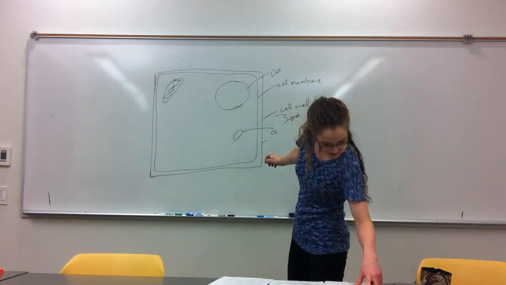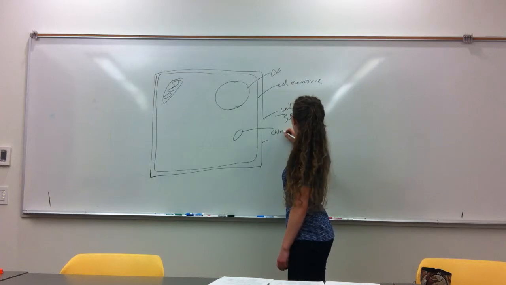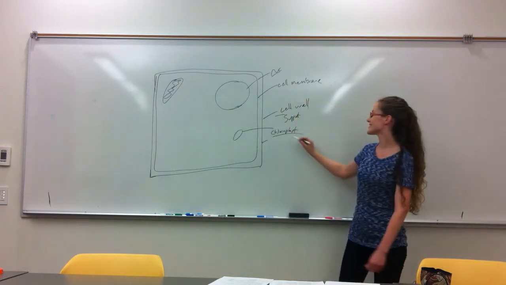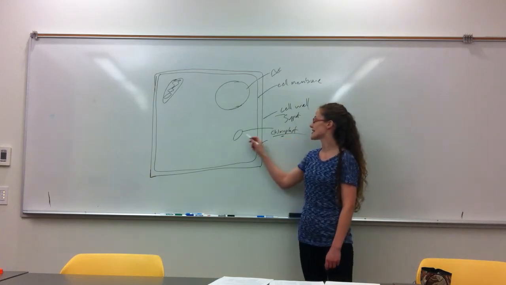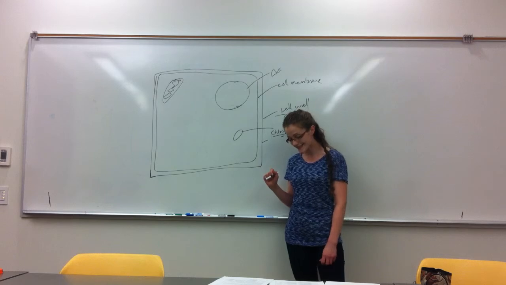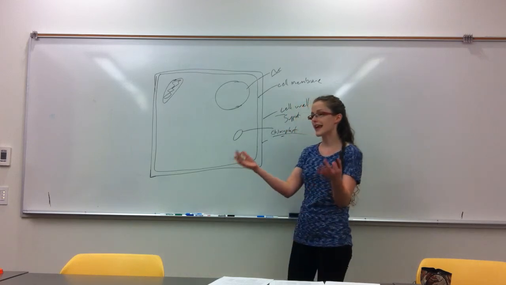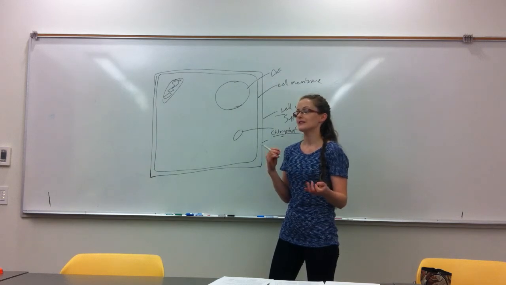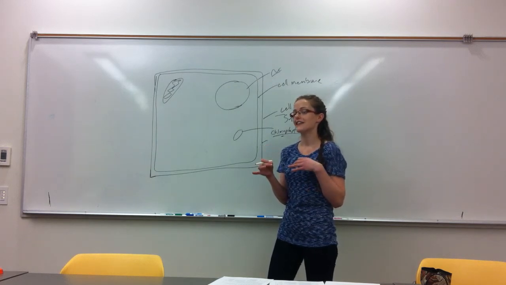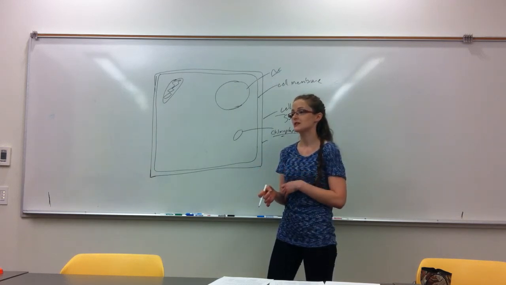I always screw up chloroplast for some reason. It's not a hard word. So that's our chloroplast, and it contains chlorophyll. Now, chloroplasts are the structures that take care of photosynthesis for the cell. So they take in the energy from sunlight and then, using CO2 and the sunlight, they produce glucose, which is broken down into